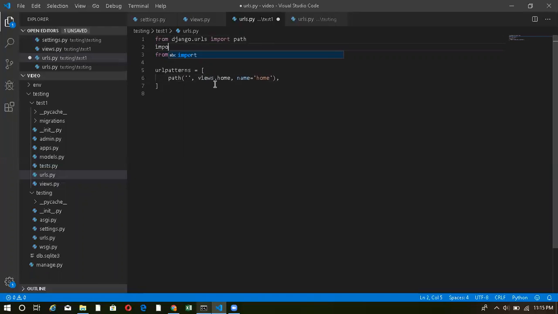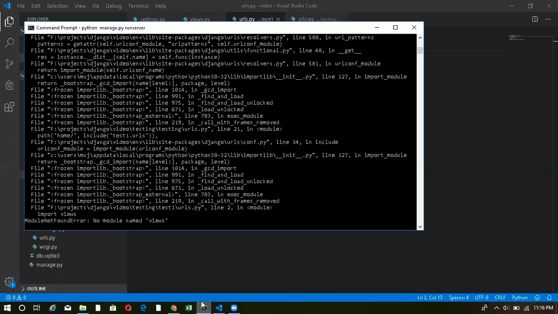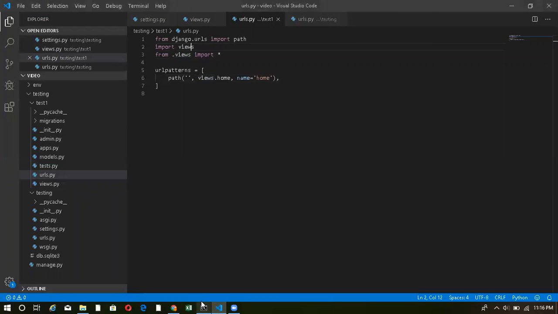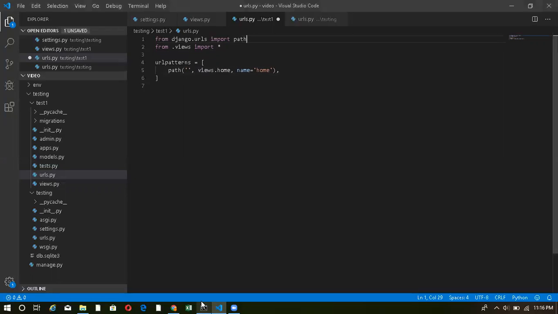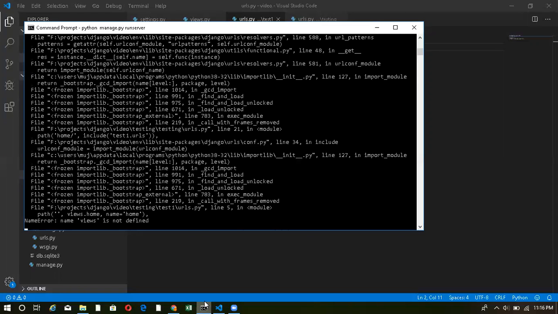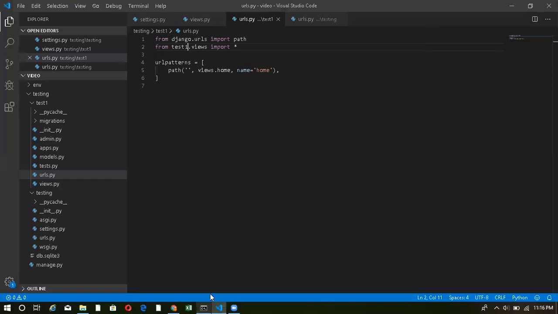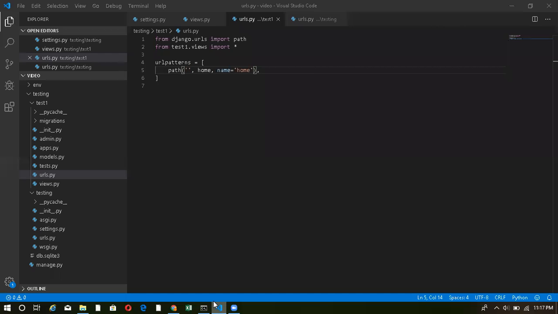Let me import my views over here. Okay. So now you can see that 123 has been rendered over here because of this HTTP response.